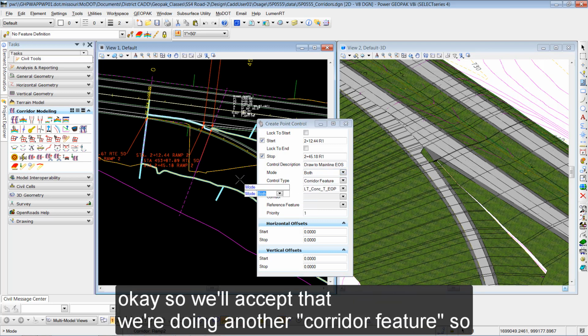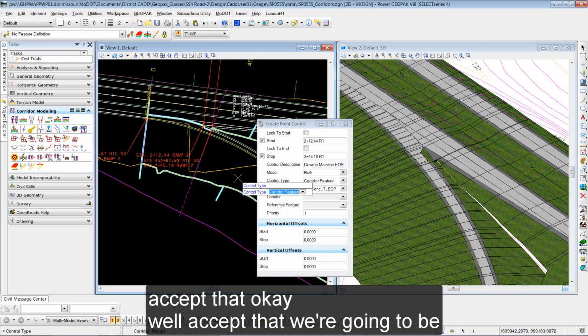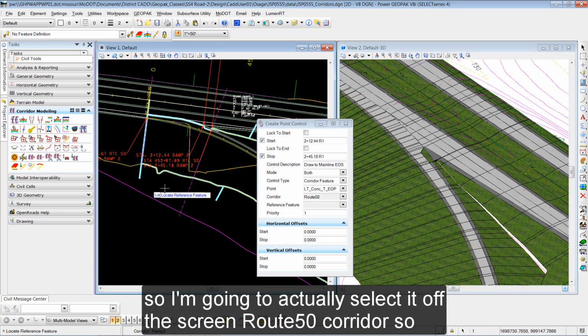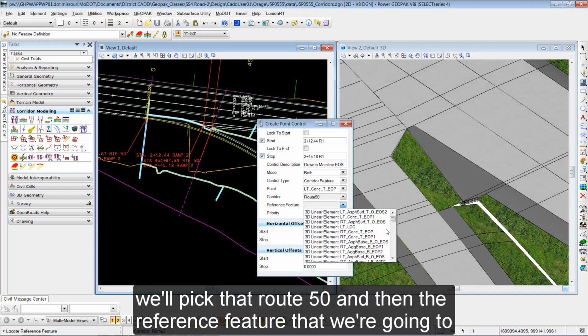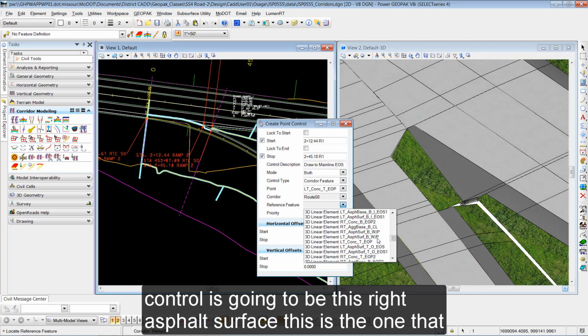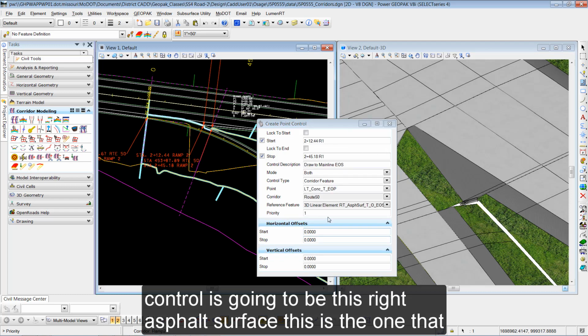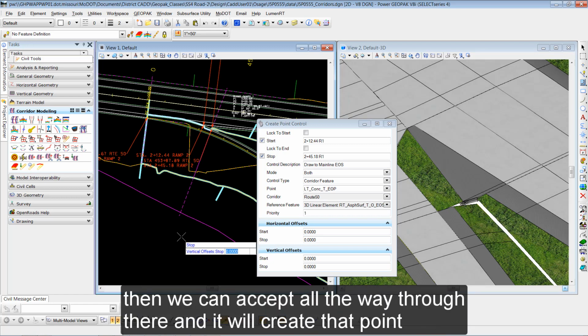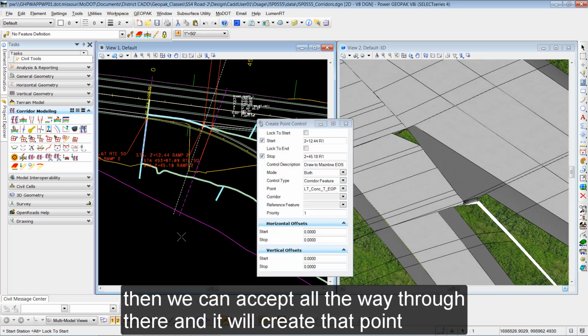Okay, so we'll accept that. We're doing another corridor feature, so we'll accept that. Okay, we'll accept that we're going to be controlling that left concrete TEOP, and then it wants to know the corridor. So I'm going to actually select it off the screen, Route 50 corridor. So we'll pick the Route 50, and then the reference feature that we're going to control is going to be this right asphalt surface. This is the one that we're going to try and connect up to, the right asphalt surface, TOEOS1. Okay, then we can accept all the way through there, and it will create that